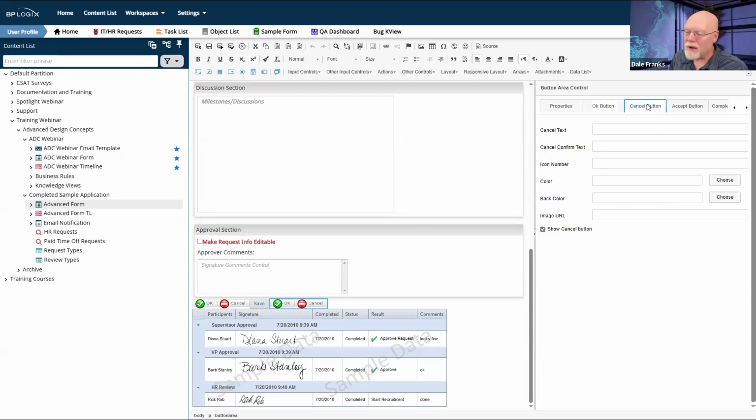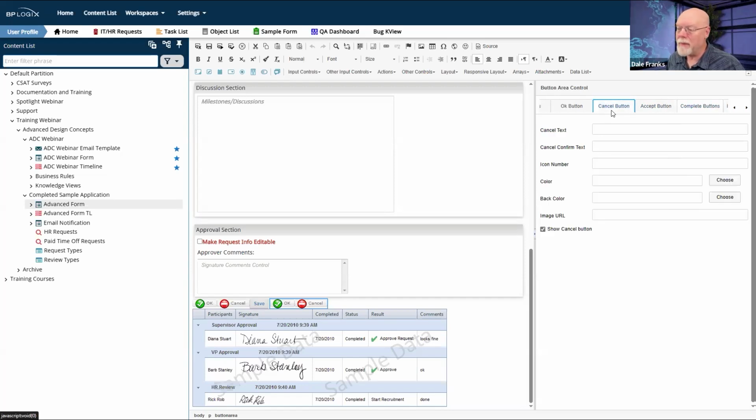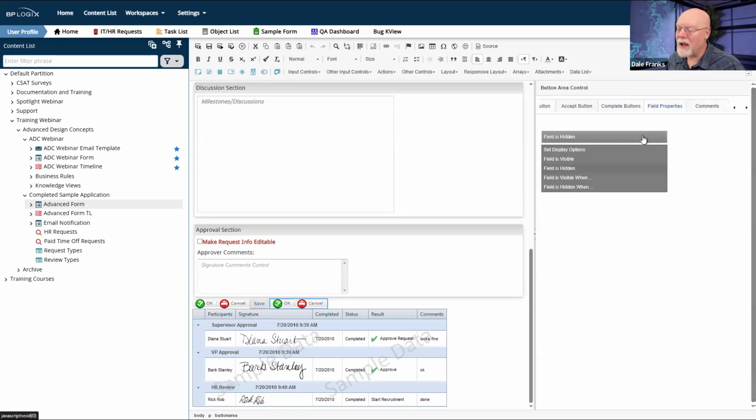Now, you want to keep the cancel button on, but you don't have to worry about task completion buttons. We're just going to turn those off, and there are no accept buttons, and accept buttons only show up whenever they're relevant, and that will never show up. So the only button that this control is showing is the cancel button. That's the only button that is checked here. And if I go back over here to my field properties and I say field is hidden, I actually want it to be field is hidden